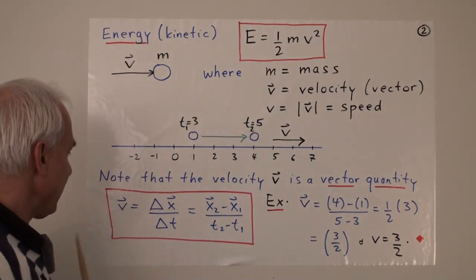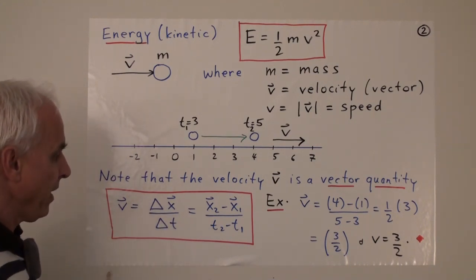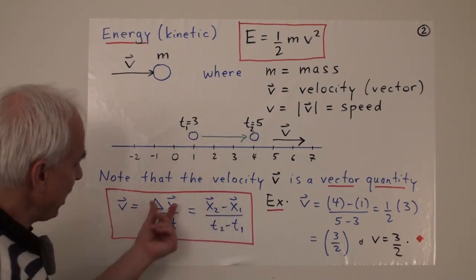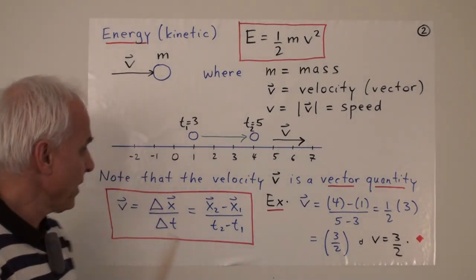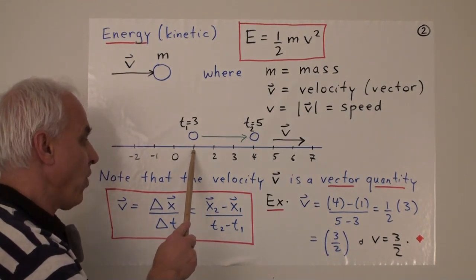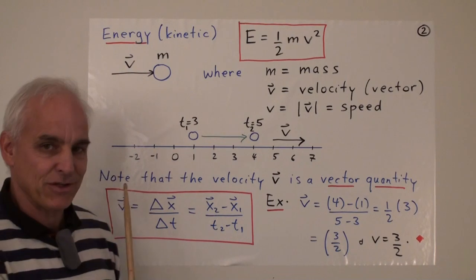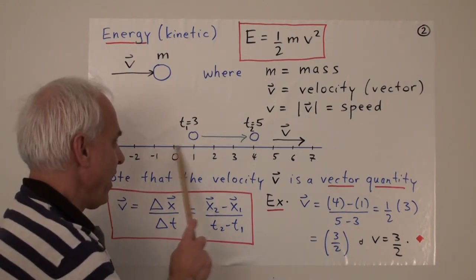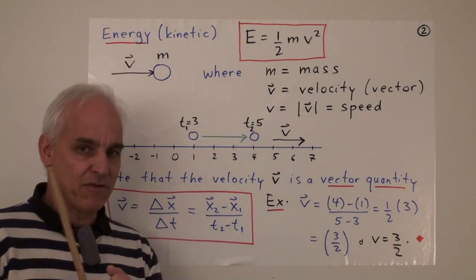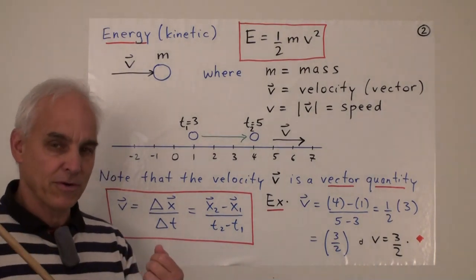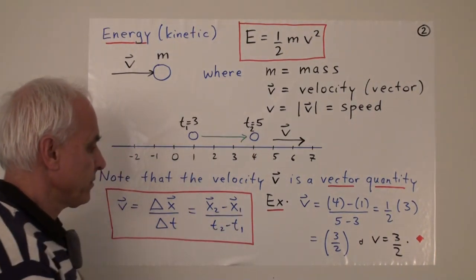The usual formula is that delta V is the change in x divided by the change in time. And it's useful for us to think about this change in x as being a difference between two position vectors. So here's the position x1, here's the position x2, and we might think about the position vectors of x1 and x2. So this numerator here is really a difference of position vectors, and so is also a vector. So the numerator is really the vector that goes from here to here.